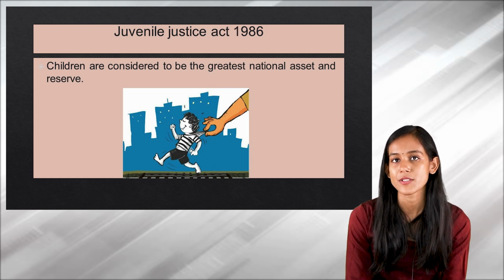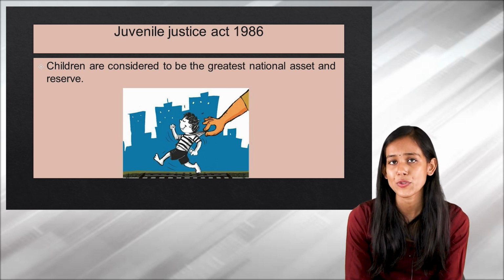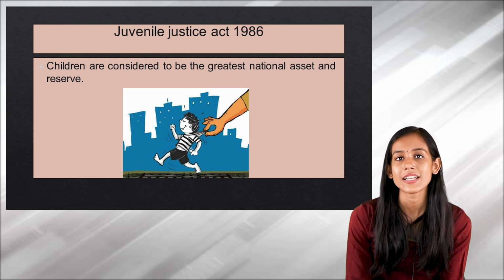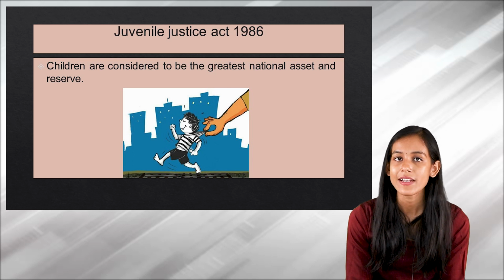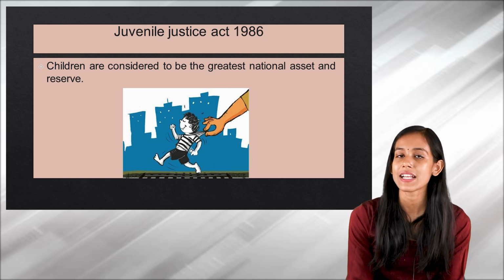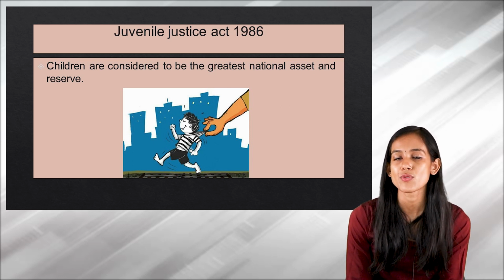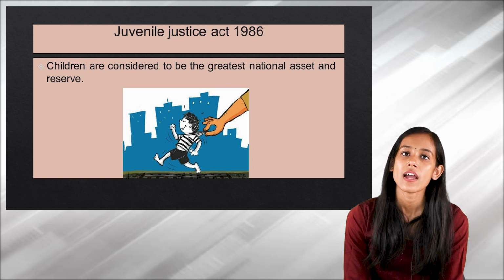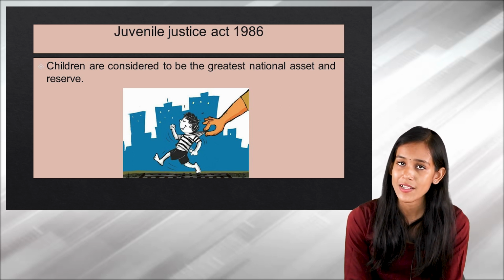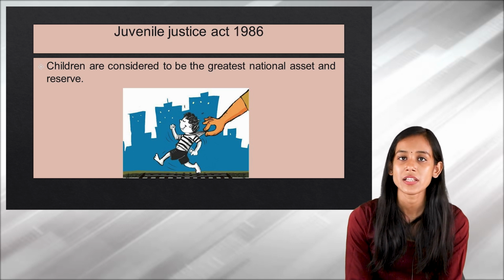So it is our responsibility to correct them if they commit any kind of crime under the age of 18. Because of that, the Juvenile Justice Act was established in 1986, in which children below 18 years of age, if they commit any kind of antisocial activities or crime, are to